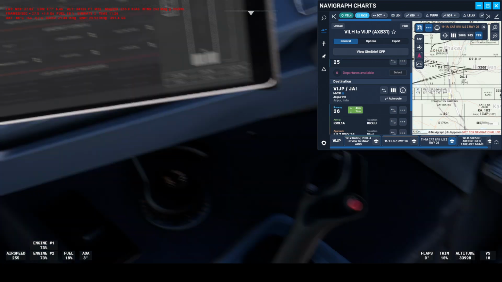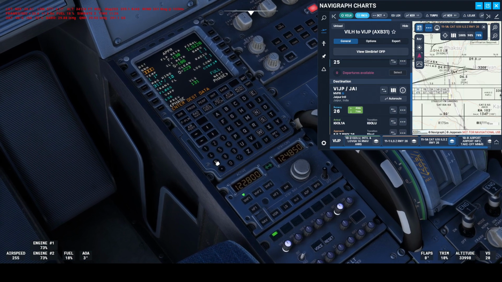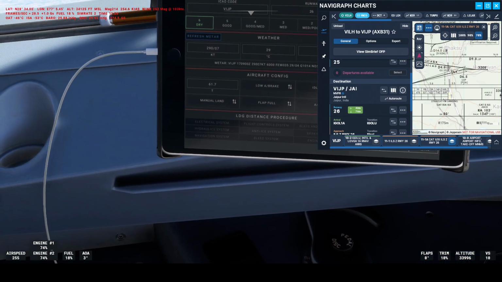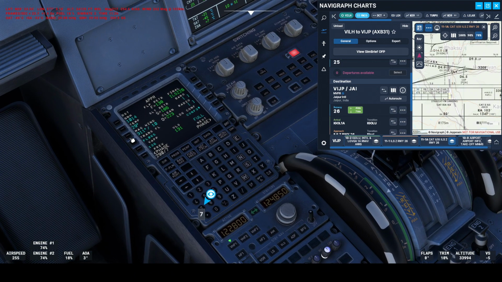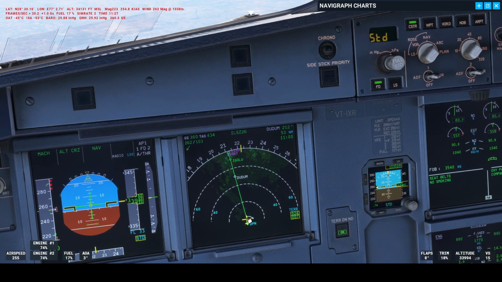So QNH is 1429, 290. And it was 290/4, wasn't it? 7 knots of wind. That's good, and we're going to go for 100. Oh, not like that. And that is our arrival performance, and I'll show you this, once you get past this,